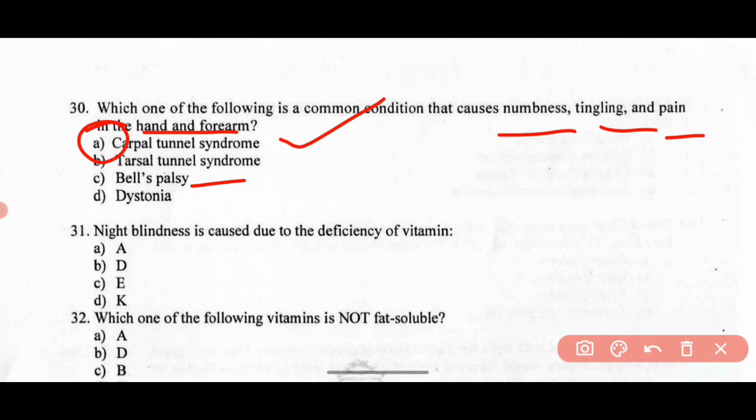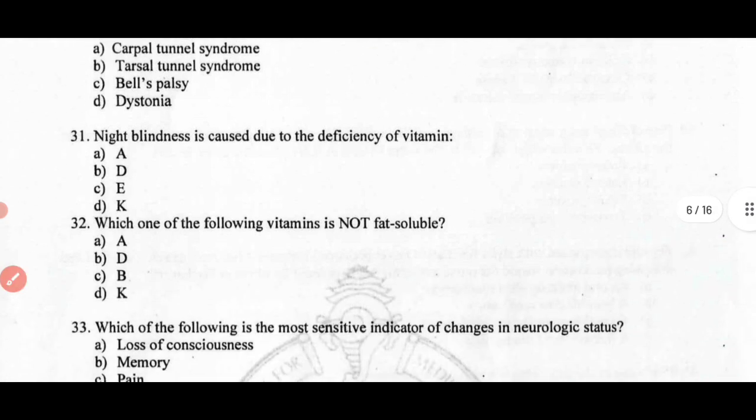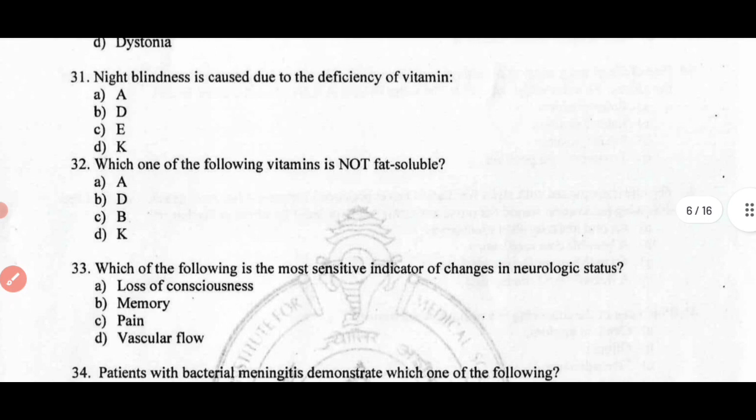Dystonia means muscle tone is affected here. So it is not related with the question. So at last the right answer is option A, that is carpal tunnel syndrome. See, all the questions whatever they have asked are very simple. Question number 31. The night blindness is caused due to the deficiency of